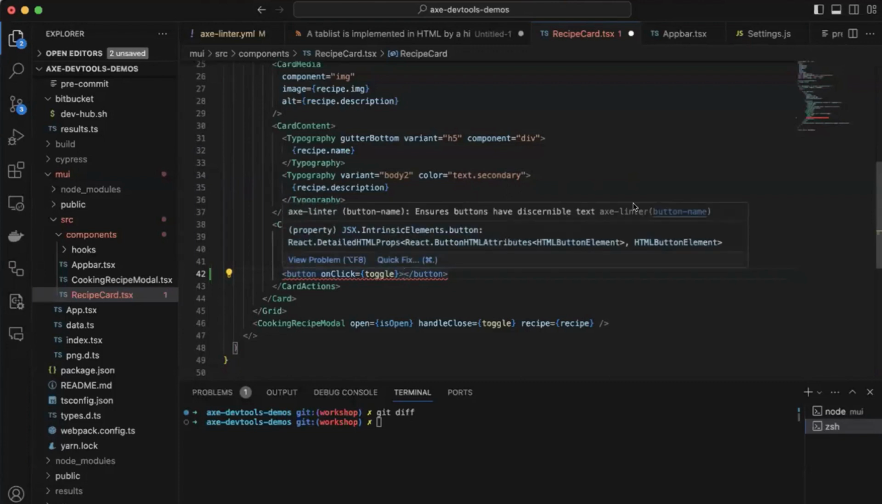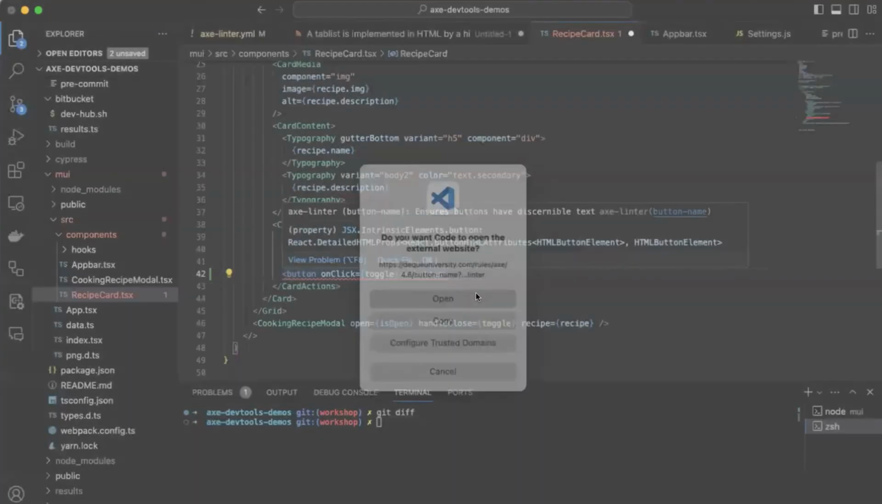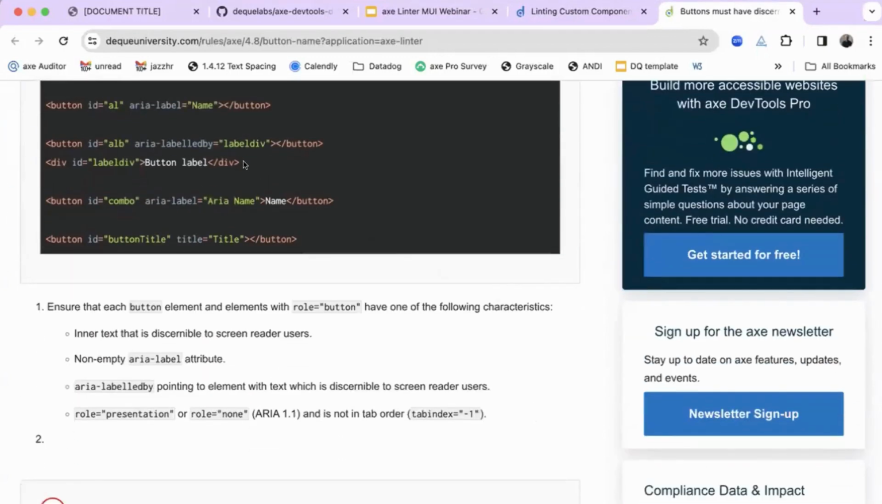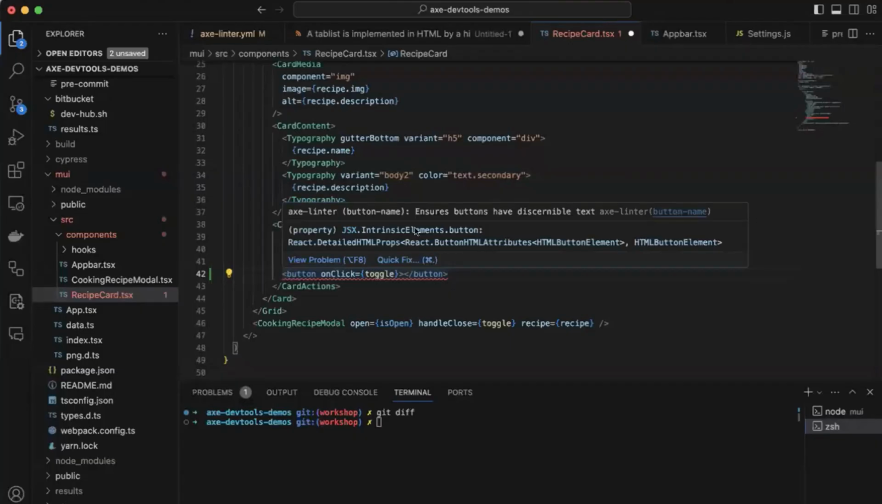It also provides, like all of Deque's products that provide accessibility analysis results, a link that I can click here to open up the Deque University rules page for this. That'll tell me the various different ways that I can fix this issue as well. The power of that is that from within my source code, as I'm typing as a developer, I'm instantaneously getting feedback on whether certain accessibility issues are being made,